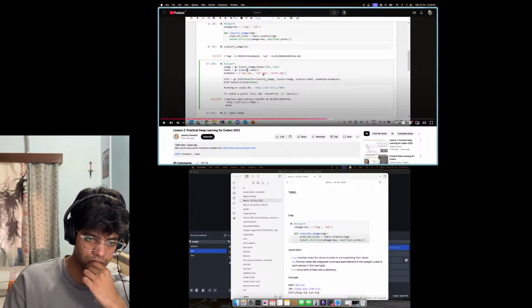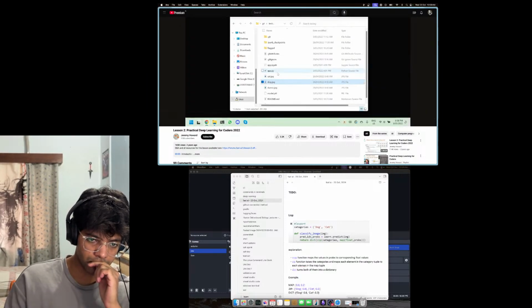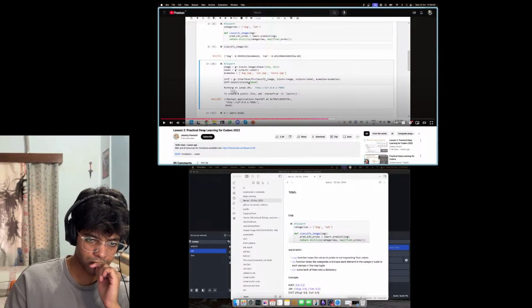So we're going to create a very, very simple interface. And we can also provide some examples. And so there's a dog, a cat, and a dunno, which I'll tell you about in a moment, which you'll see here. There's a dog and a cat and a dunno. So once I launch it, it says, okay, that's now running on this URL. So if I open that up,